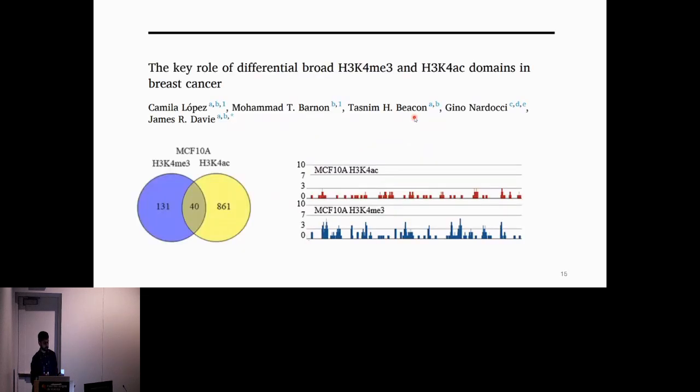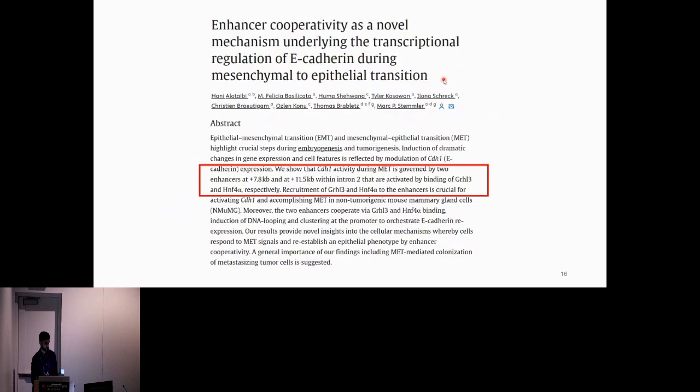This study ties in with broader work done on histone modifications in breast cancer. This paper, for example, shows that the H3K4 acetyl mark domain is seen at the promoter regions of a list of key genes involved in breast cancer, including in different breast cancer subtypes. We also see different transcription factor binding occurring at introns in the CDH1 gene during the mesenchymal to epithelial transition, which is a related transition also involved in breast cancer.